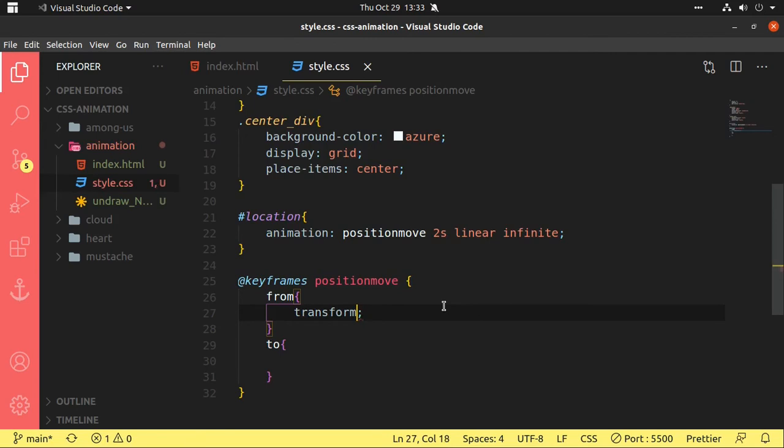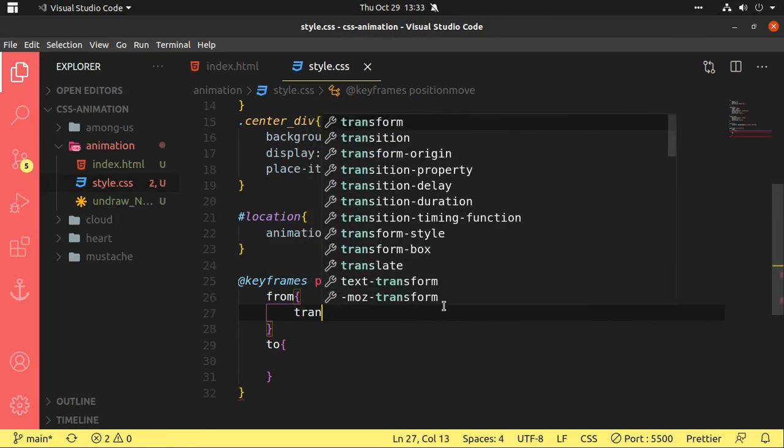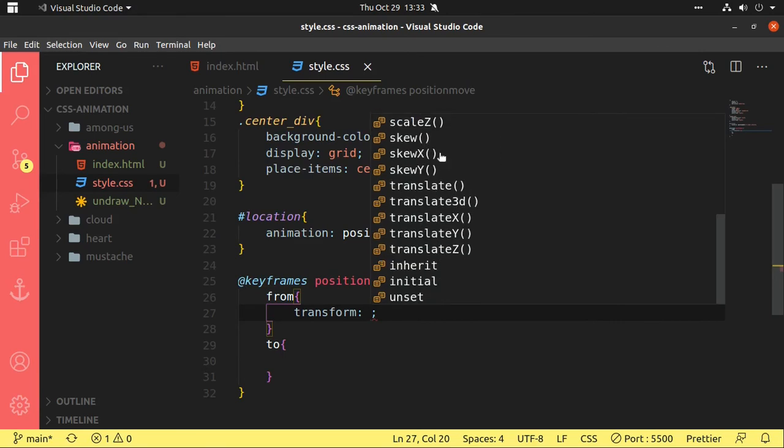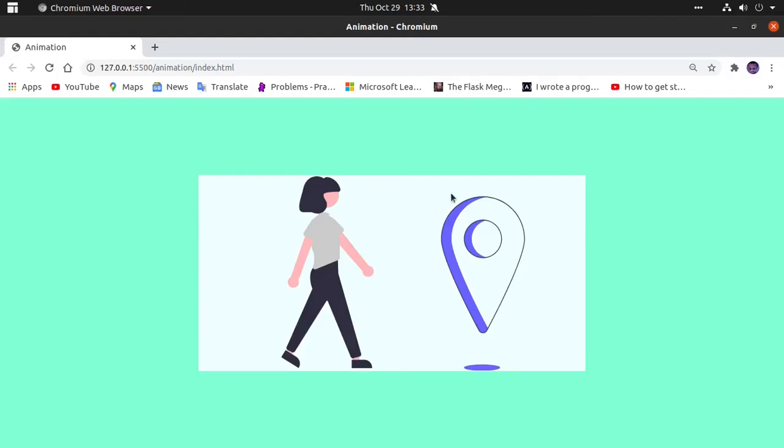If you go for the transform part, you will see so many things. You can rotate it in 3D on the X, Y, Z axis in different ways, skew it, translate it in different ways and everything. I just want to translate it in the Y direction.